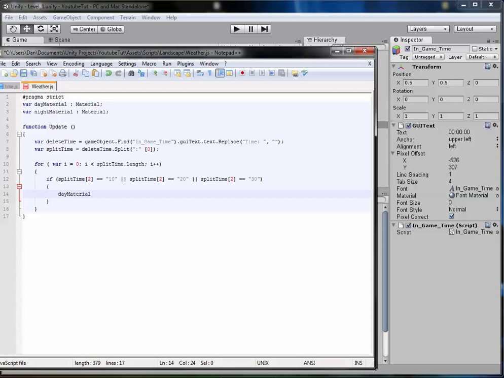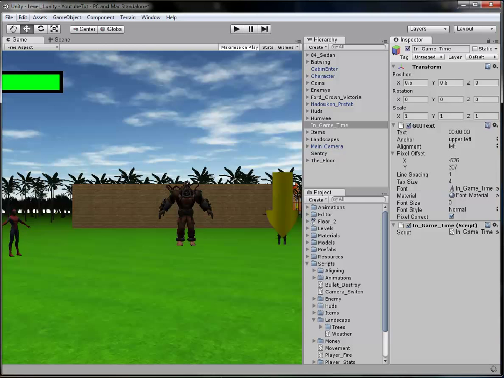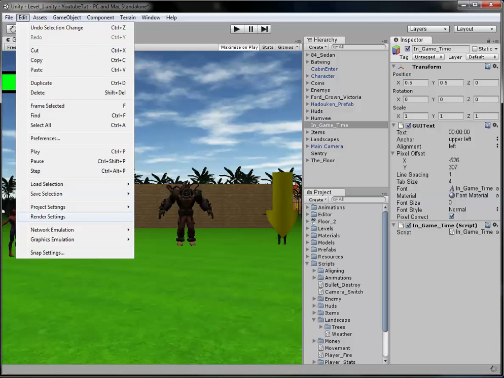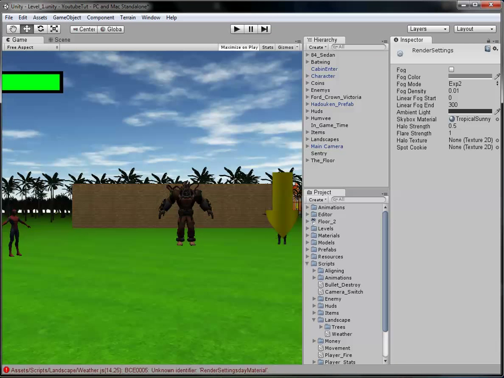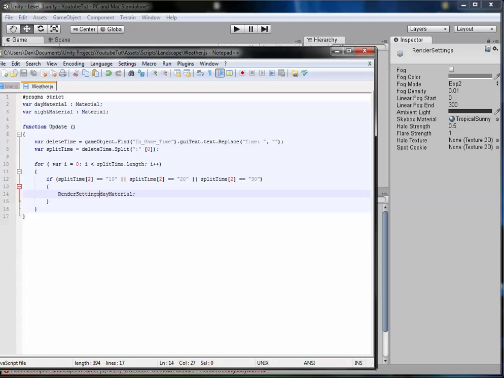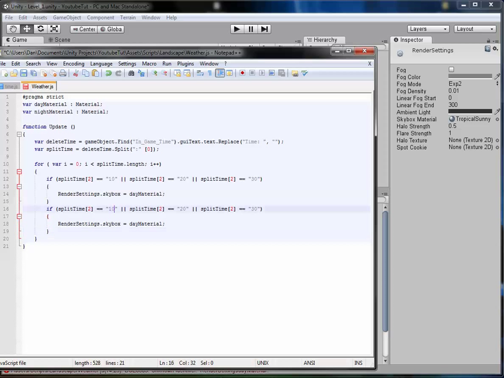So we're going to paste that in here, and we're going to end it, but we're going to type render settings, because if you remember, when we finish this, we can go edit render settings. So if that dot skybox material, that's what we're changing. So render settings dot skybox equals day material, so it's daytime, simple as that. And to make it nighttime, exact same procedure, we copy it, paste it, equals 40,